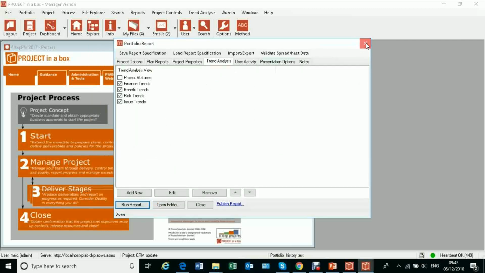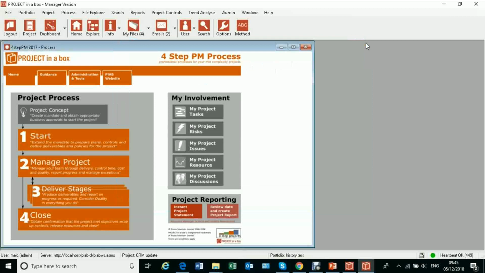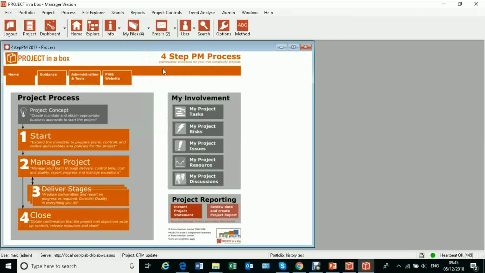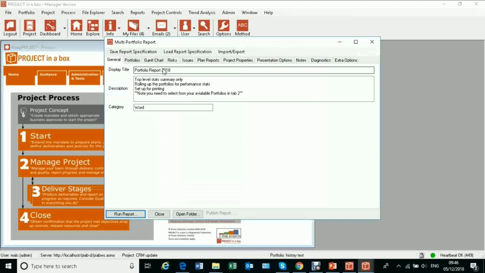We're going to look at one last type of report from here, then we're going to have a look at some from the browser interface as well. And this time we're going to have a look at a multi-portfolio report. So if we think about the way our structure works in the system, we've got projects and all the data is collected at project level. We then might have collections of projects, and those can be a collection which form a program. They can be a collection which form